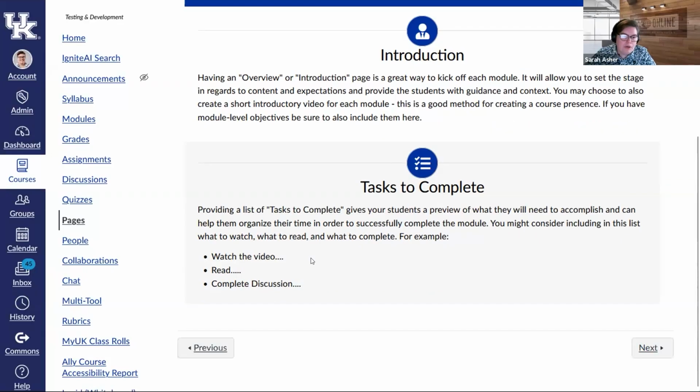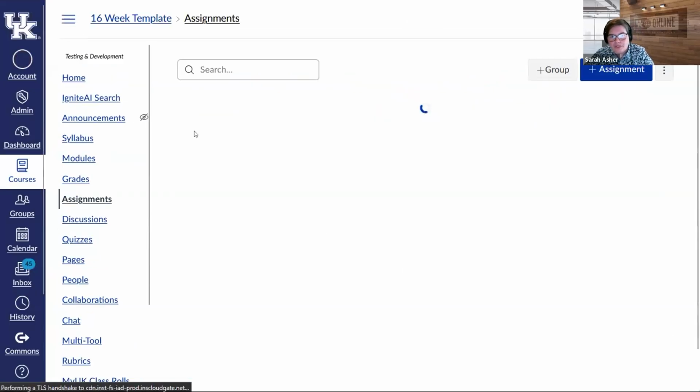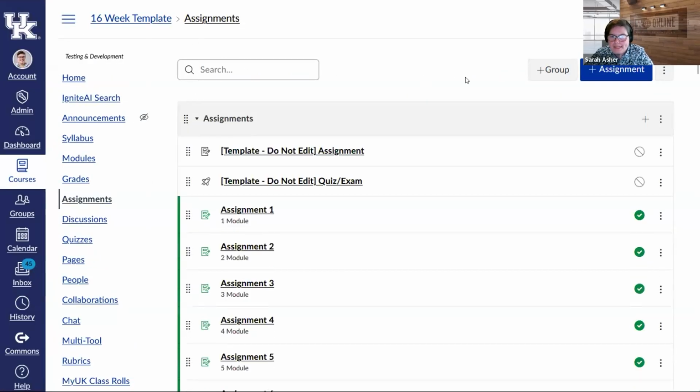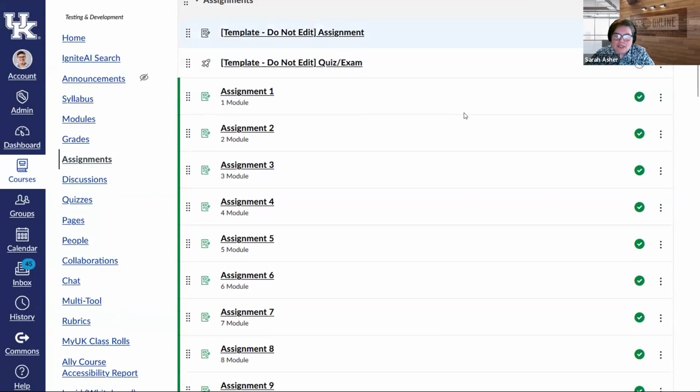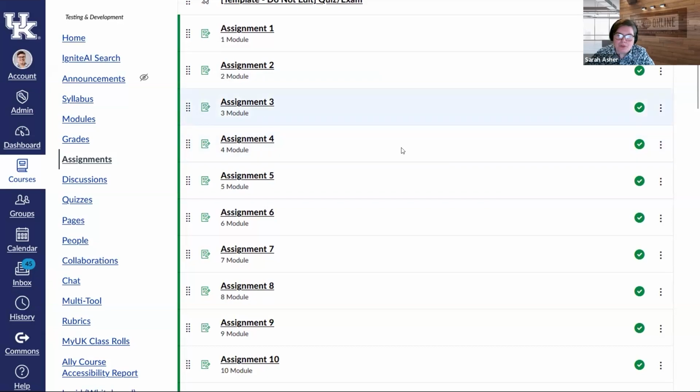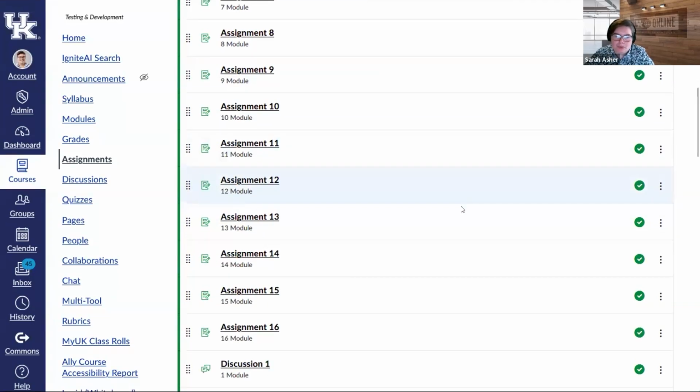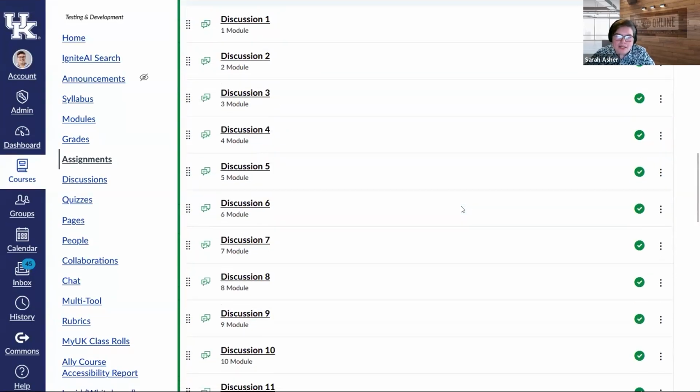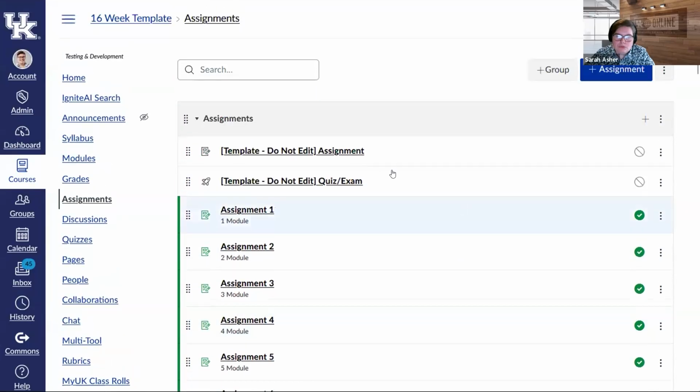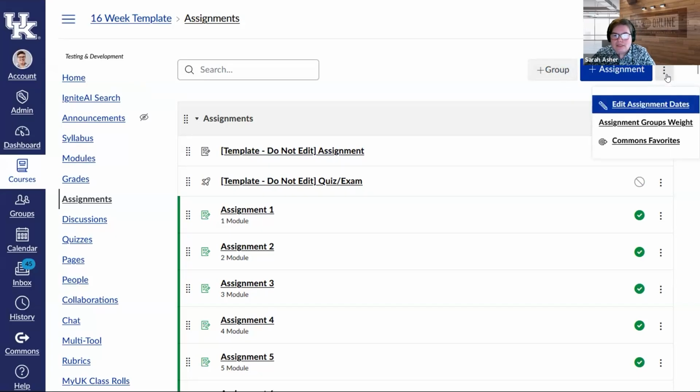Okay, so I was going to go ahead and pop into assignments. This assignments page is not only where you can create any graded assignments, such as quizzes, discussion boards, actual paper, upload paper assignments. It is also a way for you to organize those assignments into assignment groups. And if you do that, then you can actually